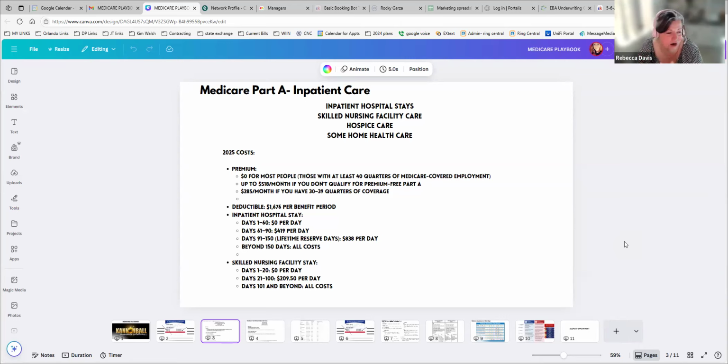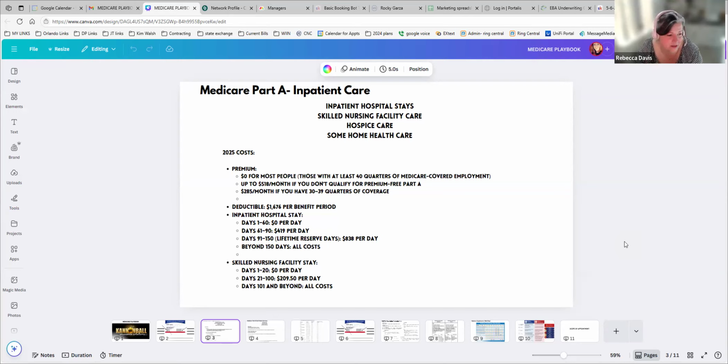But let's say you didn't work a job that paid into Part A and you have to buy it. You can actually buy Part A. It's super expensive, but you can buy it. If you don't have even enough quarters to qualify for even a partial discount, if you got to pay for the whole thing, it's currently $518 a month for just Part A. And then if you just missed the quarter amount, so just under, between 30 and 39 quarters, then you only pay